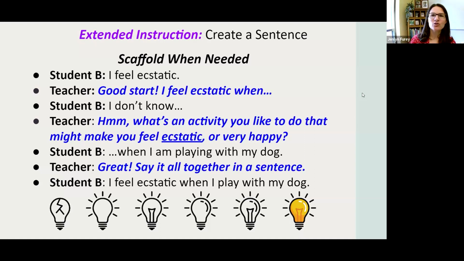We want to keep scaffolding and eventually get them to say the word in a sentence that uses the correct context. So eventually we get the student to say, I feel ecstatic when I play with my dog. So that's an example of kind of how this might look if your students don't immediately create a sentence that's